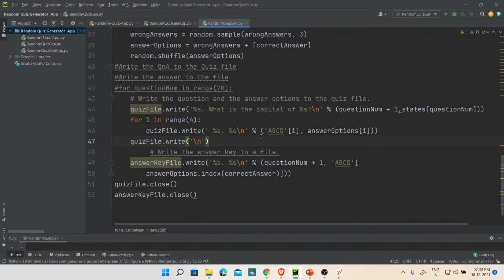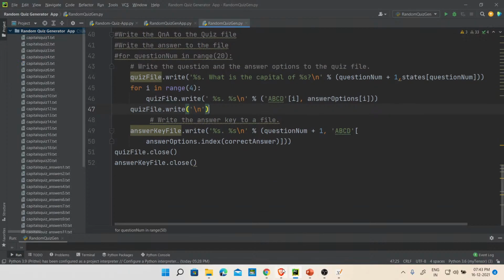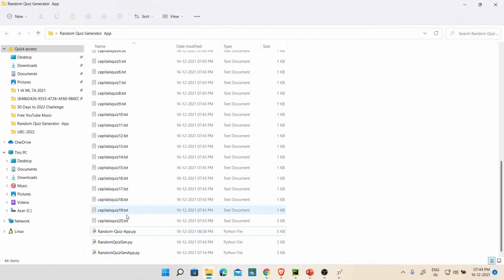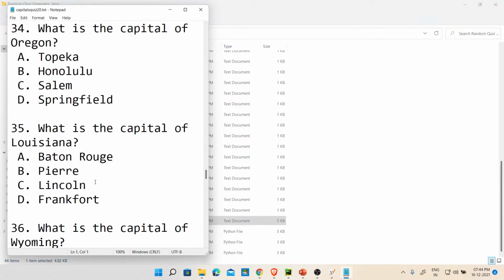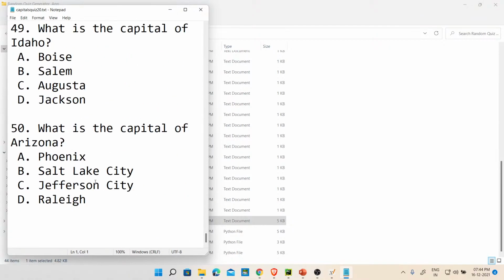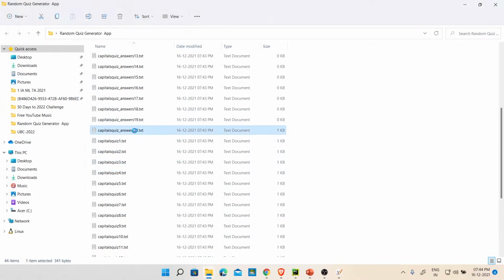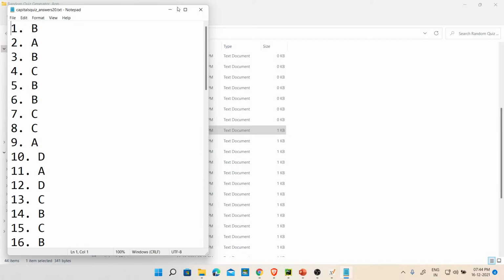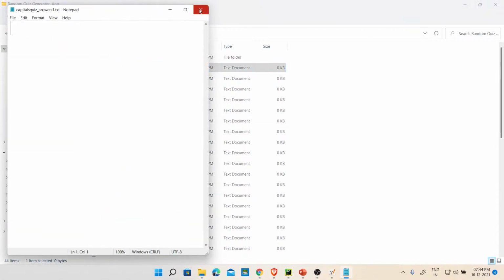Okay, let's see, Control Shift F10. Okay, something has been generated. I will get back there and I will look at this first one. Okay, it's still taking all of them. It's taking 20. Okay, now it's taking all the 50, no problem. Let's look at the answers. Keys. Yes, so it's giving me the corresponding options, but it should write them in respective files. So this is not happening yet, so I will see to this later.